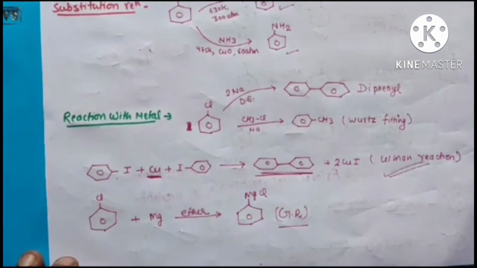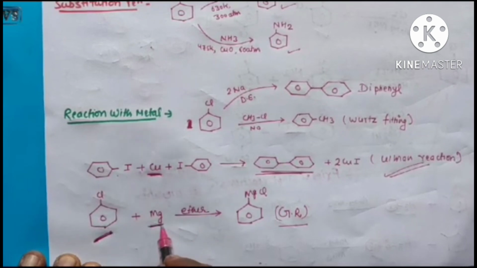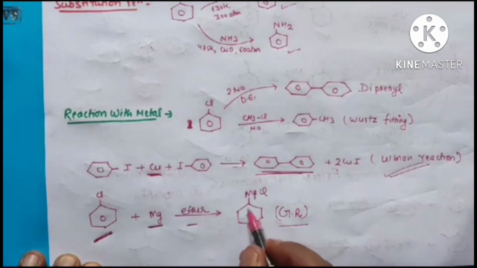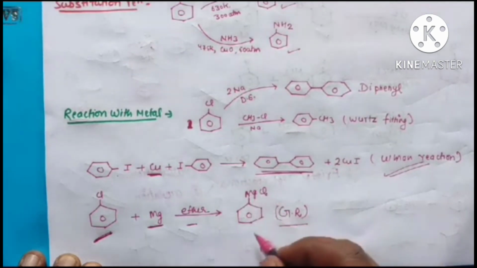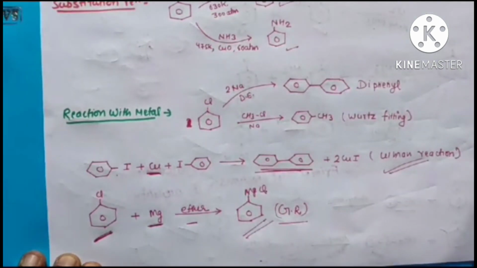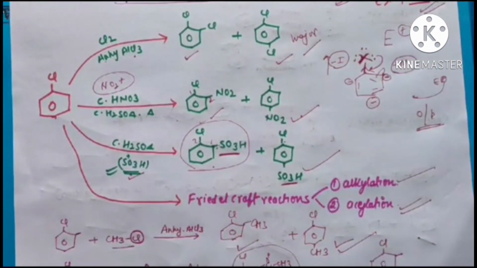And the last one is if the aryl chloride haloarenes react with magnesium in presence of ether, so this is RMgX, like phenyl ring MgX. So this is also, you know, Grignard reagent. So I have tried some reactions in front of you regarding these haloalkanes and haloarenes. I hope it is clear to you. So this is all about these important reactions regarding the haloalkanes and haloarenes. I hope it is clear to you.